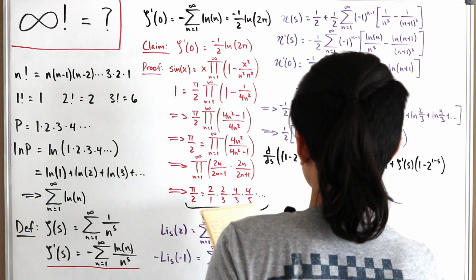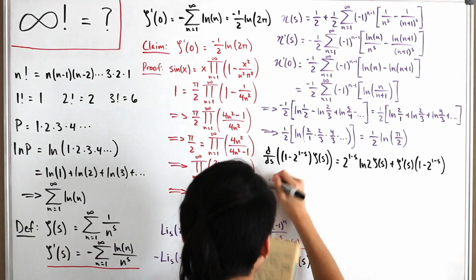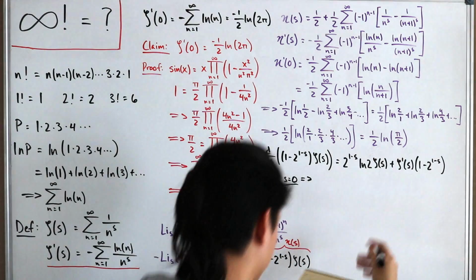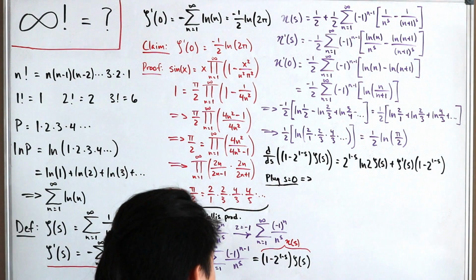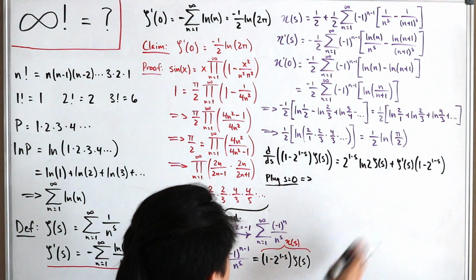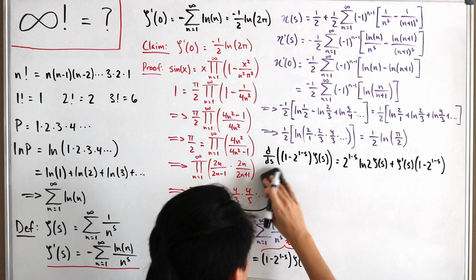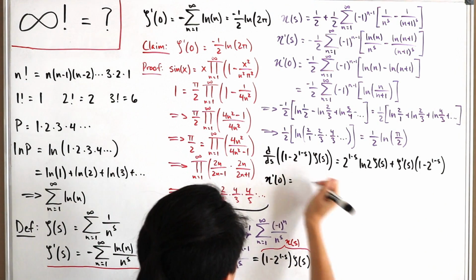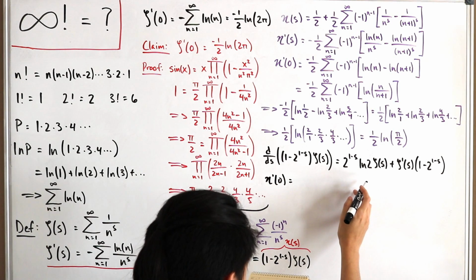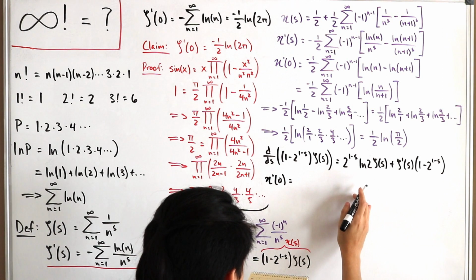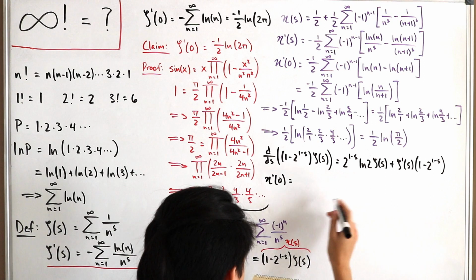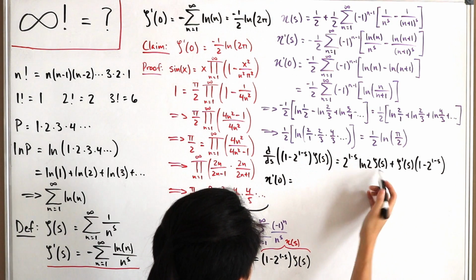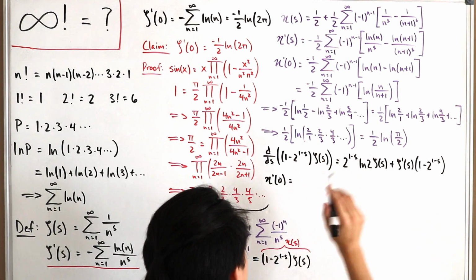Okay, so now let's actually plug 0 in here. So plug in 0, or s equals 0. In other words, since this is also the Dirichlet eta function, I'll just write this as eta prime of 0. We plug 0 over here, and then we get the following: this is 2 times natural log of 2 times the Riemann zeta of 0, but that equals